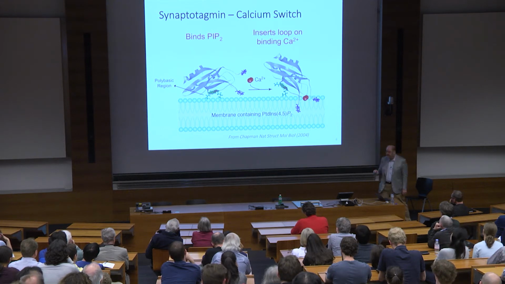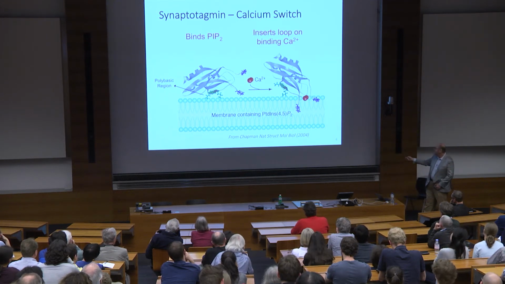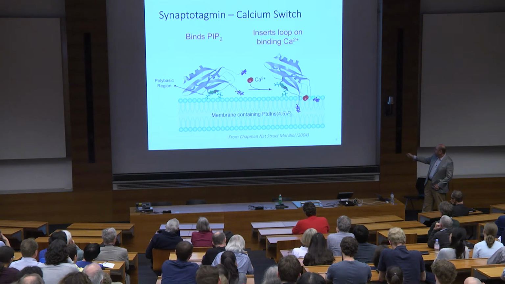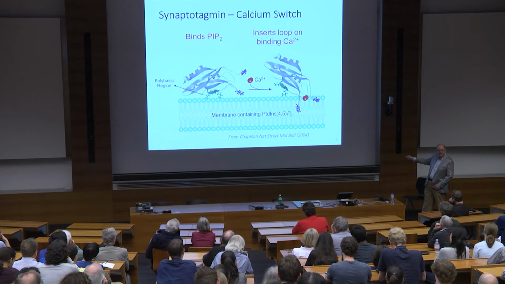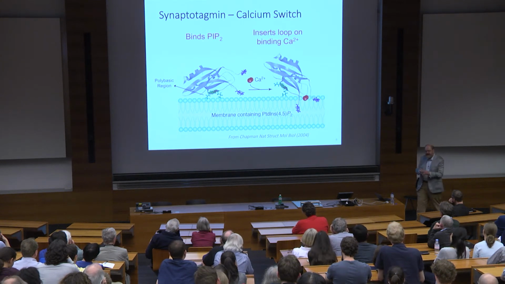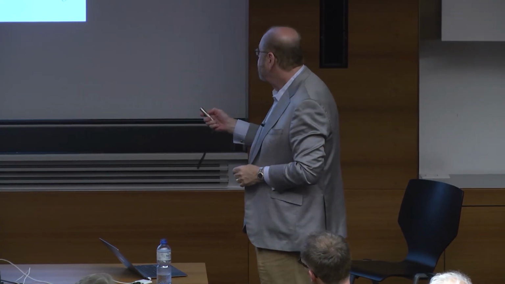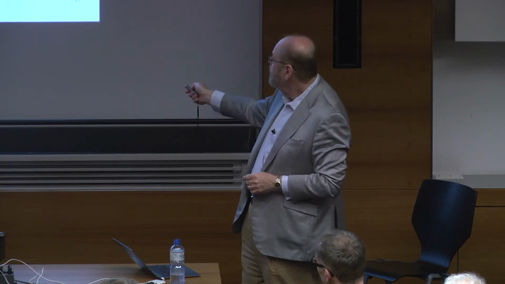What happens is, as discovered by Ed Chapman and colleagues, this molecule rotates 90 degrees when it binds calcium. Calcium binds to these aspartic acids, but also binds mainly to phosphatidylserine, negatively charged phospholipids in the plasma membrane. And when that happens, the synaptotagmin B domain literally reorients 90 degrees. Now, when it does that, it actually inserts these aliphatic residues into the bilayer. We know that that is required for the release of neurotransmitter.